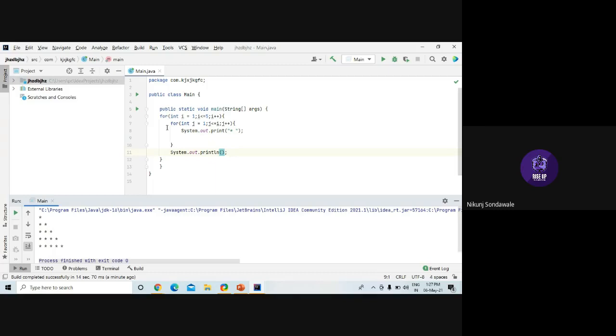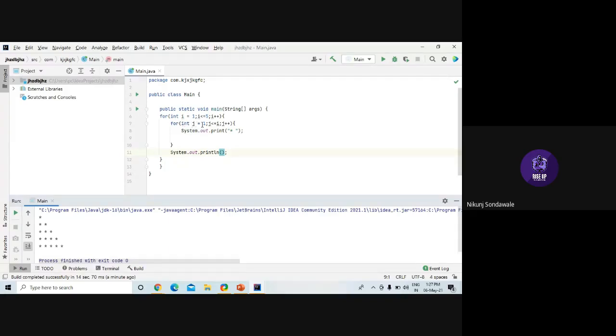So this is how the program works. The outer for loop provides the rows, and the inner for loop provides the columns. Let's say we are dealing with i equals 1. i is definitely less than 5, so now we jump into the inner loop.